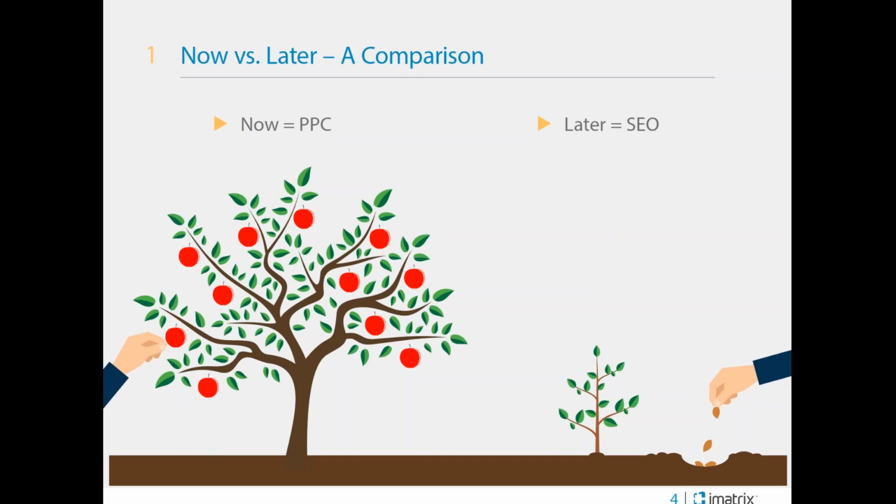Are we wanting to have those clients in tomorrow? We need that steady stream of revenue. Or are we looking for that longer-term plan with organic SEO, or both? So we'll discuss all of that during this webinar presentation: what's involved in pay-per-click, what's involved in organic SEO, how do we get there, how do we run an efficient and effective campaign, and are you a candidate for one or the other or both?